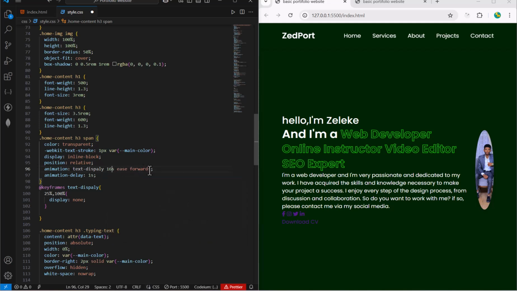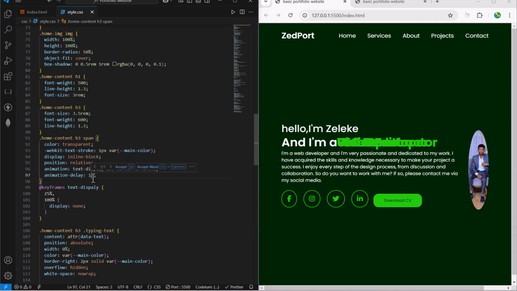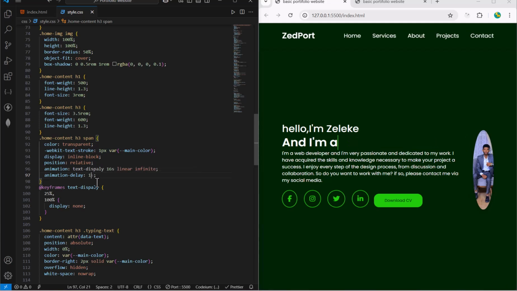And let me change linear infinite, and then the animation delay will be, so when I save here, wow, and then the animation delay will be